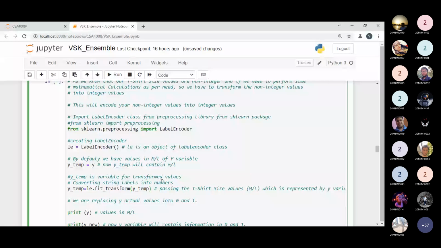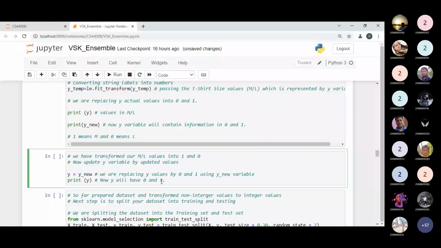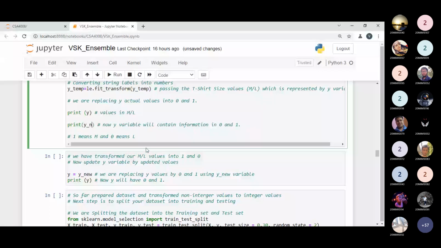Now here you can see I'm printing y, which contains the actual M and L values, and y new will be y temp, the temporary variable which contains the 0 and 1 formatted values. So 1 means M and 0 means L. Now let me show my proof after executing this code. Yes, now the answer is coming perfectly.